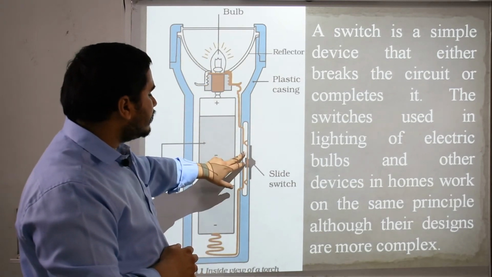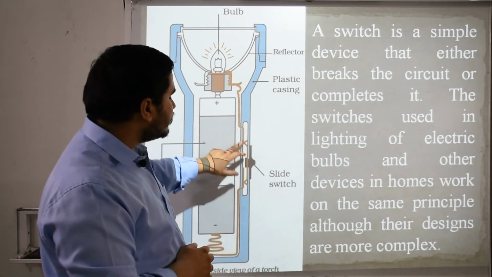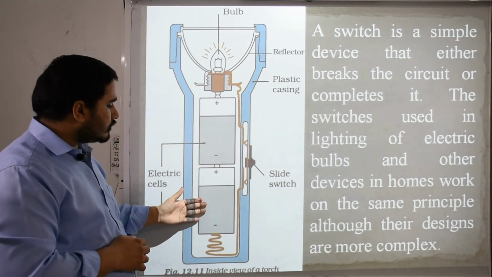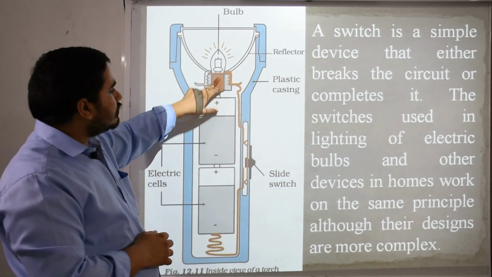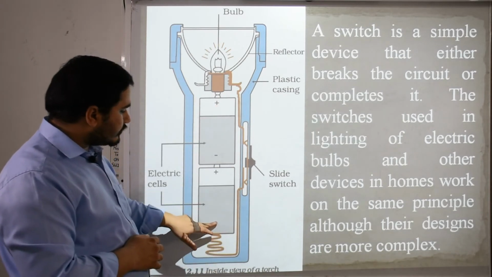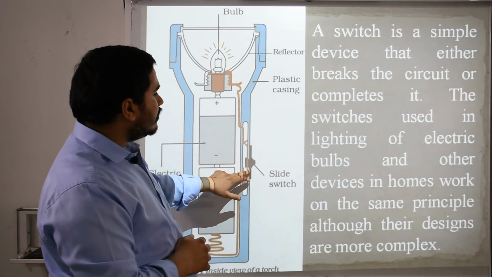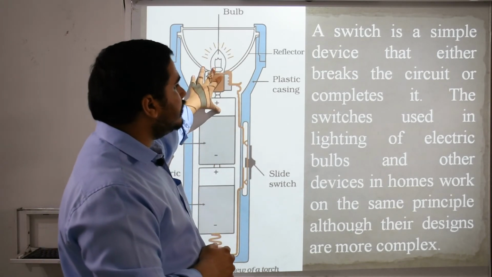Wire goes from here. A slide switch will be there, which will connect both these wires at this tip here, and similarly the battery sections will be here. Here the bulb section will be developed positive, and here is the negative segment. So both the sections will be connected with the cell. If the slide switch is in the on condition, then only the bulb will glow.